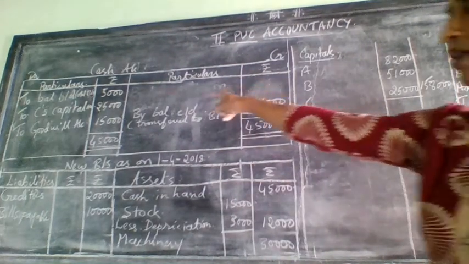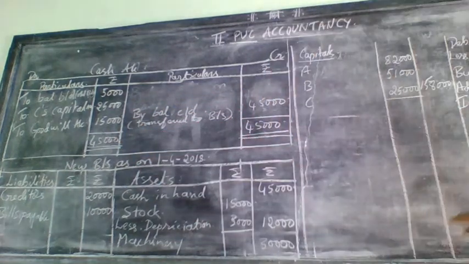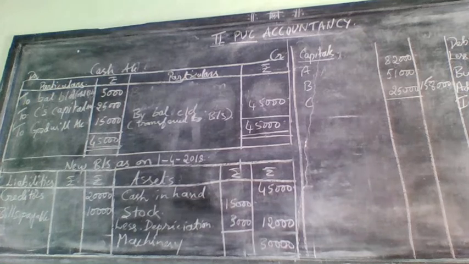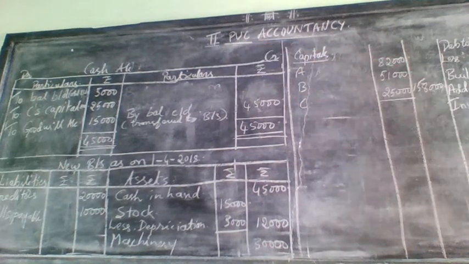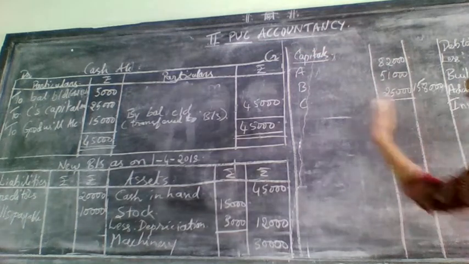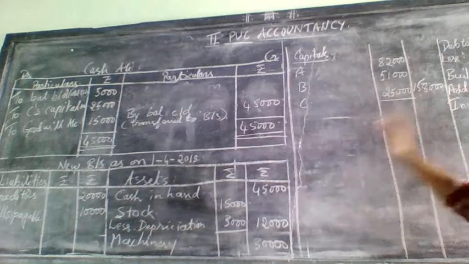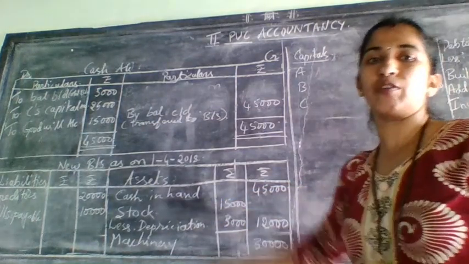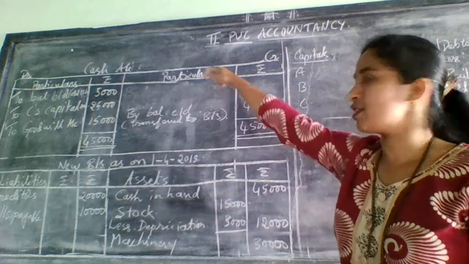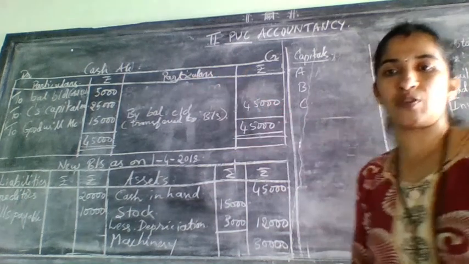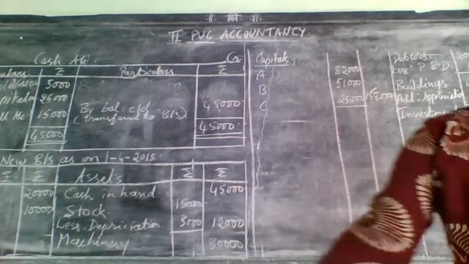You have opened here capital, you have taken, goodwill you have taken. That means 2 times it was over. So once again no need to write in balance sheet, because this already you have adjusted with the capital cash. If you have not opened cash account, then this adjustment you need to do it here only, asset side only you need to do with the cash. So at that time it will come in the balance sheet, or else it will come in the cash account. So it is over. So first entry it came 2 times, that was over.